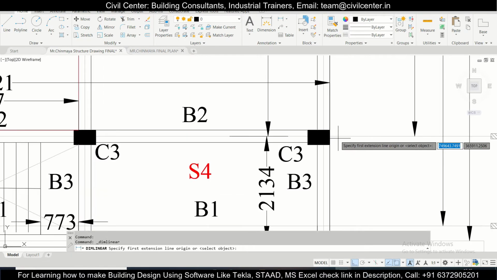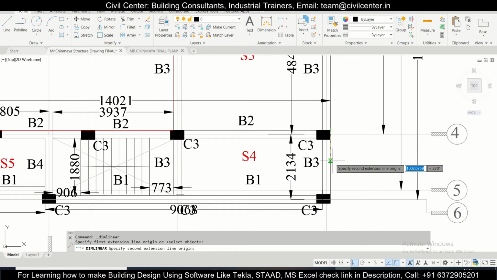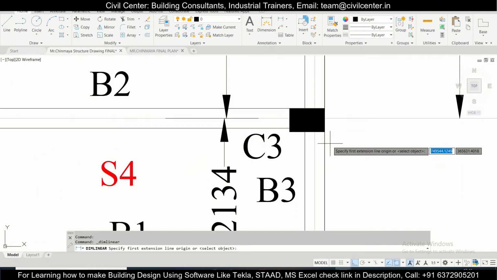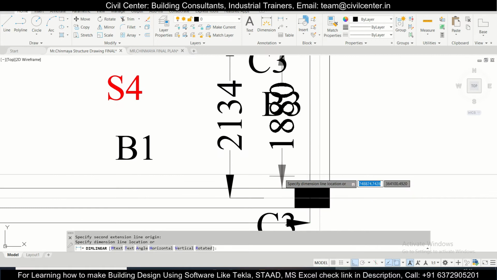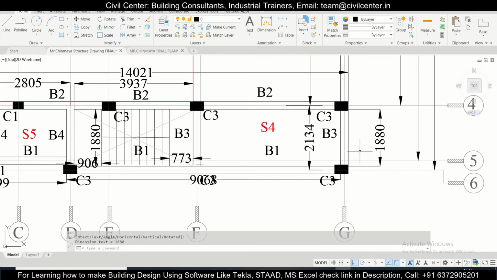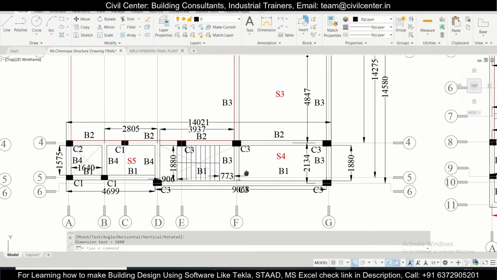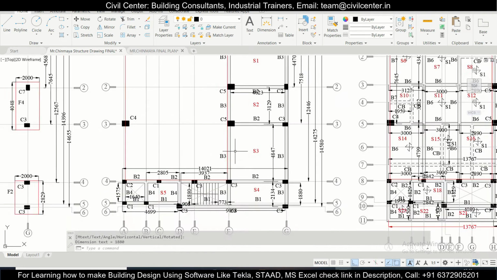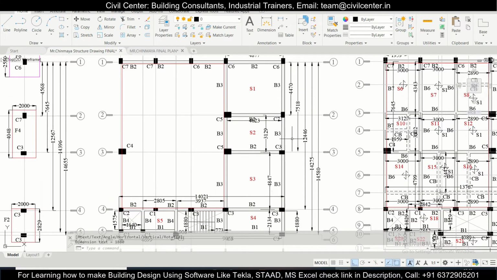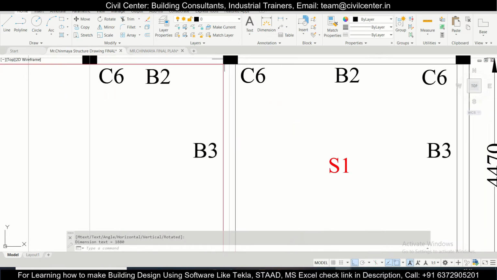So if we calculate the B3 from here to here, this will be the B3, 1.88 into 2 equals to 1.88 into 2 plus, this 2 we have got covered, and looks like we have this along this as well. So let's just measure this.